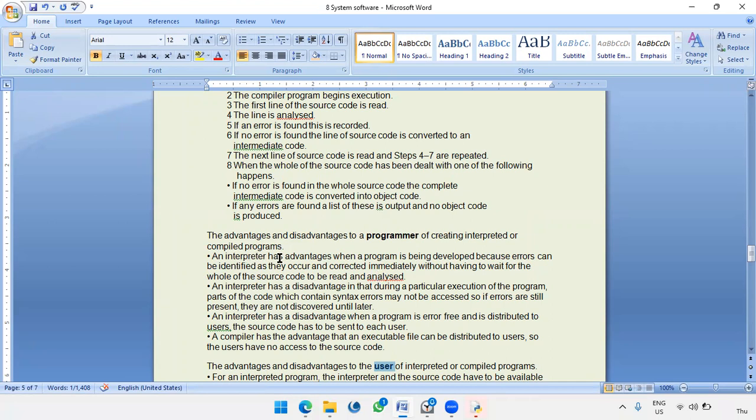Did you get it? An interpreter has advantages when a program is being developed, because at the developing stage, if you have to wait for the whole program to be finished to compile, then it's a waste of time. But the programmer would like to see whether the very first line of code has an error. First line, second line, do about 5 lines or 10 lines and then check. For that, the interpreter is ideal because immediately you will see the error, without having to wait for the whole of the source code to be read and analyzed. An interpreter has a disadvantage in that